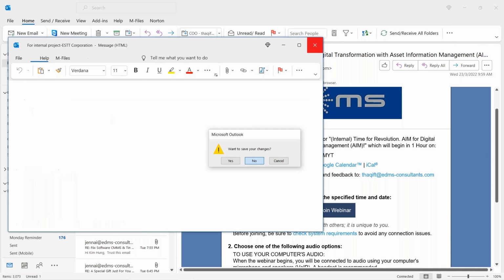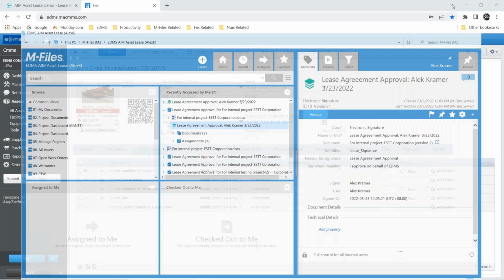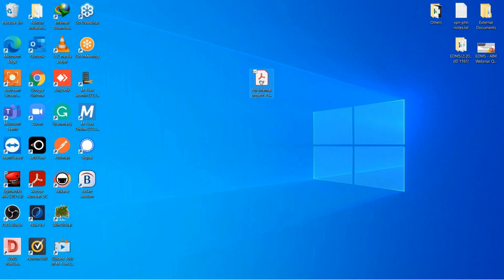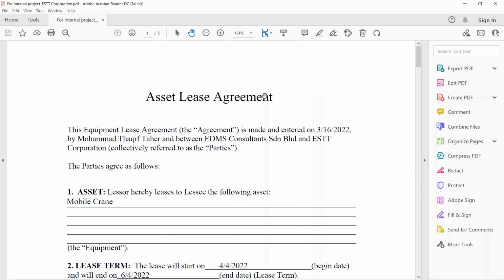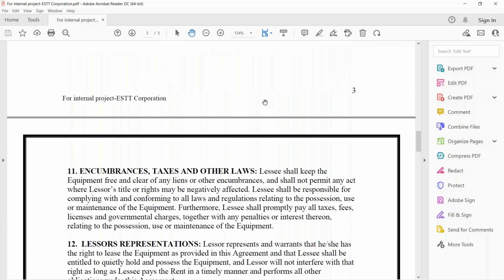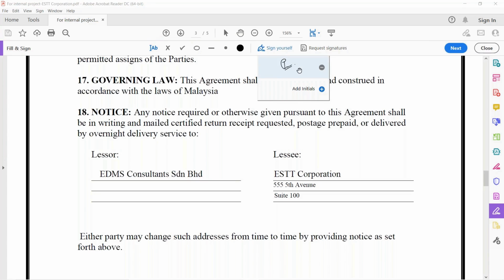All right, so assuming that I am the client and I already received that particular document. So let's say that this is the particular document. What I have to do is basically I just read everything. Everything is okay. Then I can just put my signature saying that I approve the agreement.